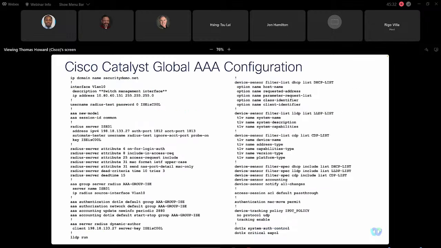Just to give you a sense, this is the global AAA configuration from that doc. And that's basically what I've used to configure my Catalyst 9300 when I'm doing some of these demos, which I'll be doing a little bit later today. And that's for the global config to define my ISE RADIUS server. And then for the switch port itself,